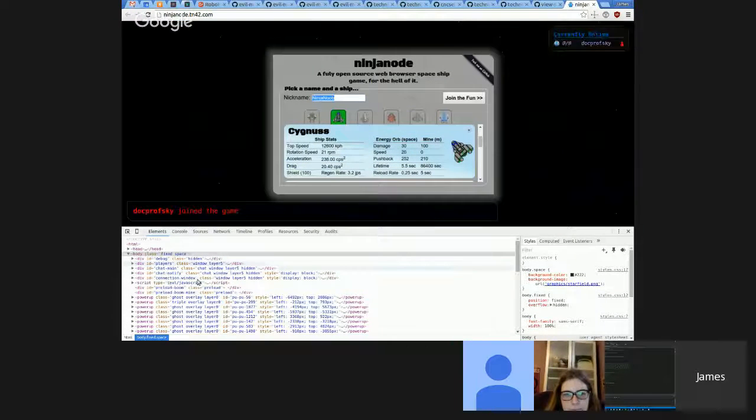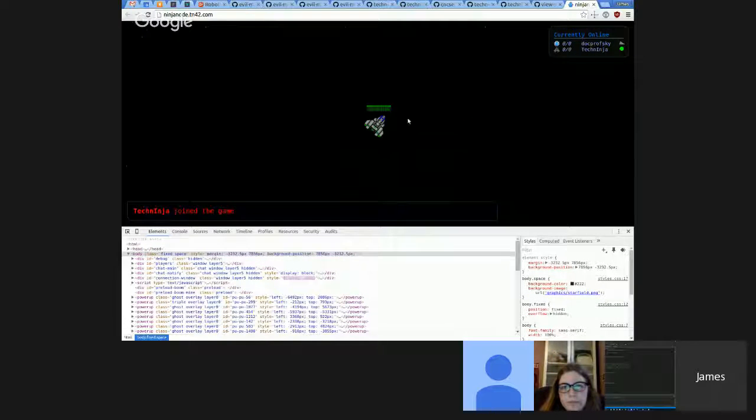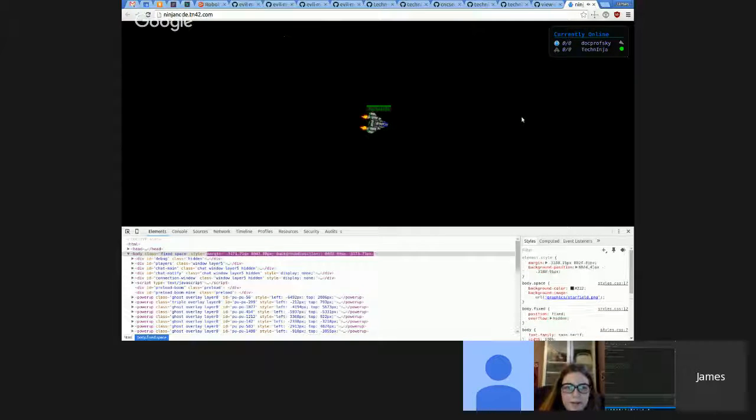This is being generated from a Node.js application, which has JavaScript on the server side, which goes and pulls from HTML files and then injects and has a bunch of other information in it. So if anyone else wanted to join, I'm just going to put my name in here, and anyone else could too. There's Skylar. This uses a technology called WebSockets, which is a very fast way of two-way communication with the server. So in standard JavaScript objects, I store the position of the spaceships, and the server listens for the key presses that the client sends to it, and then you have basically a little spaceship game.